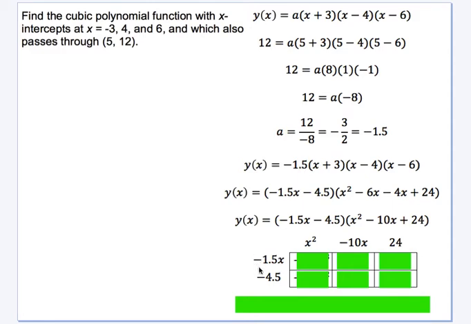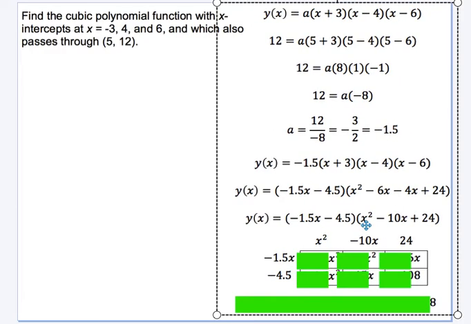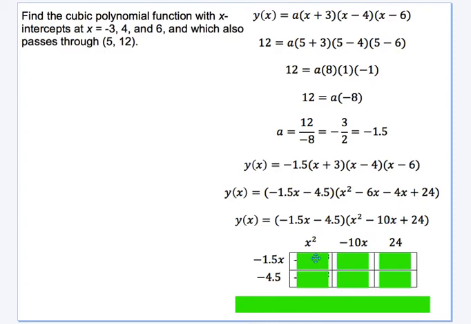Okay, so this term is on the top and this term is on the side. All right, so x squared times negative 1.5x gives me negative 1.5x cubed, and negative 4.5 times